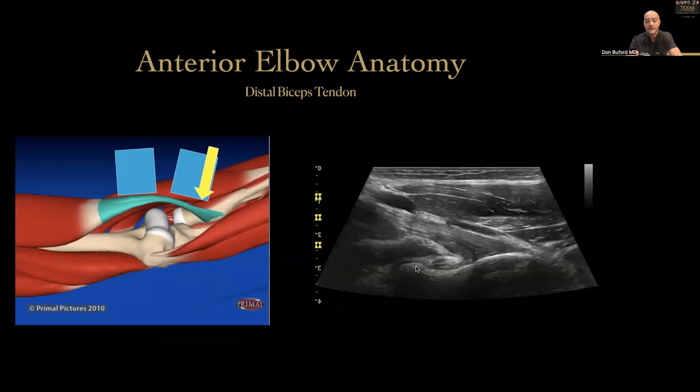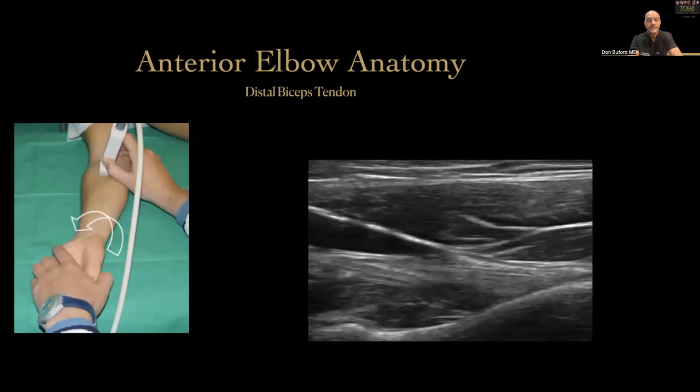legend on the side of any ultrasound screen to see how much distance you need to go to measure about 2 centimeters. And so if that's the radial head, you go about 2 centimeters here. You should start to see these fibers of the distal biceps tendon inserting on this little prominence on the radius. And so sometimes you can do a little extra supination and pronation, and that will bring that tendon into view